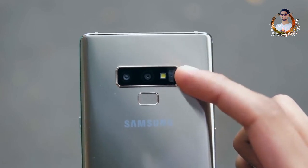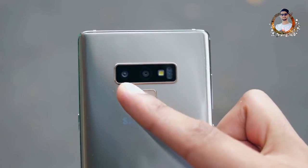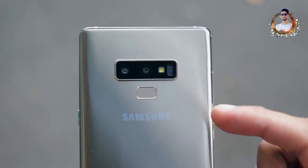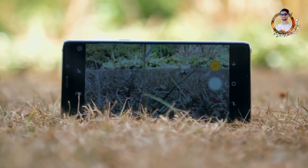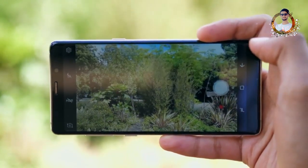Unfortunately, that's about as much good stuff as you can say about the camera, because you have that primary lens. The secondary lens is literally just a piece of plastic. Photos are as crummy as you'd expect, but that's not really the purpose of this prototype model phone thingy. Alright, that pretty much rounds off this Galaxy